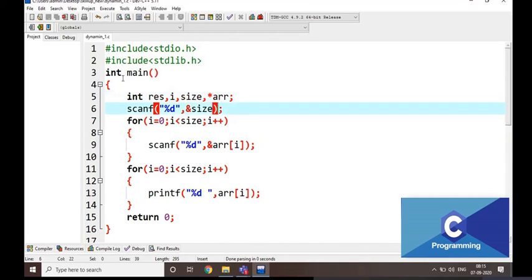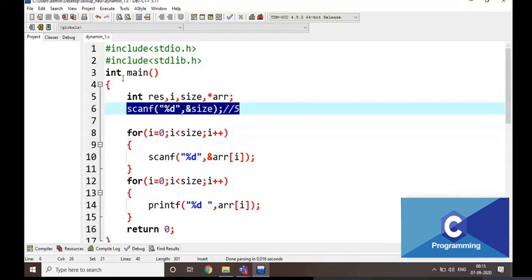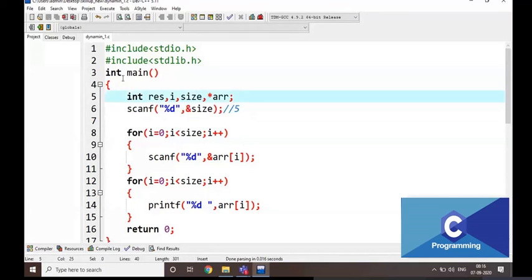After that, we know exactly how many elements there are going to be. For example, if the size is 5, we are going to allocate 5 memory locations. If it is 100, we are going to allocate 100 memory locations. We know this when we read the size variable. Based on that size value only, we are going to allocate memory to the array.